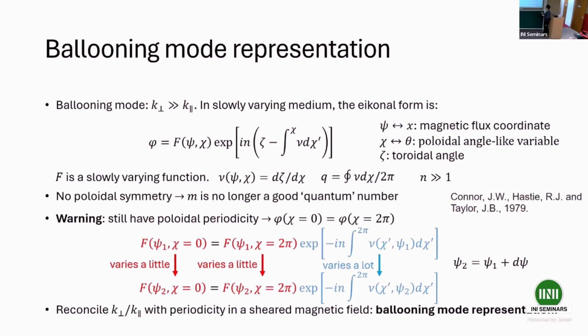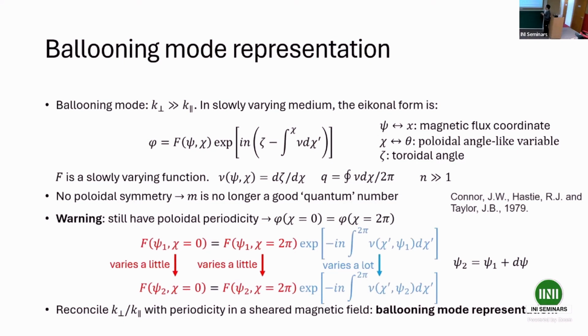In such a slowly varying medium, it's natural to write any perturbation in an eikonal form. So that's why we have this formula. I should say this is not only applicable to ballooning mode, but also applicable to many other modes which own these properties. However, this expression is not correct to describe the ballooning mode because it doesn't fit the